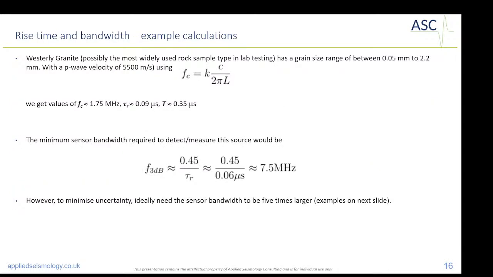And this is just very quickly showing what the frequencies are that we are interested in. These are the frequencies over which we need our sensors to have a flat response, basically, so that we can not only detect but provide a good reading of the amplitudes in our event. This is just a back of the envelope calculation, but if we're talking about granite, for example, which typically has a very small grain size, between a few fractions of a millimeter up to a few millimeters, and we want to detect the breakage in between crystals,